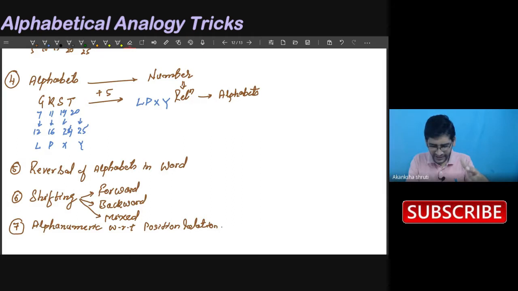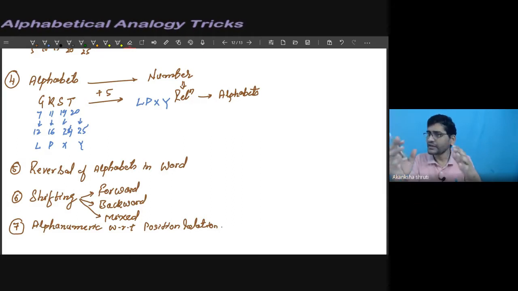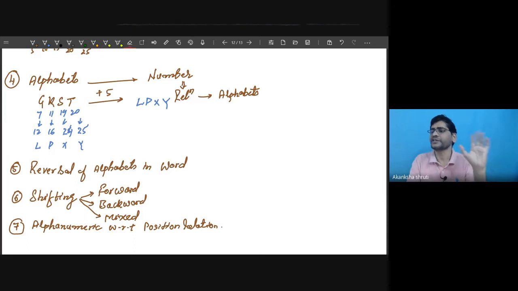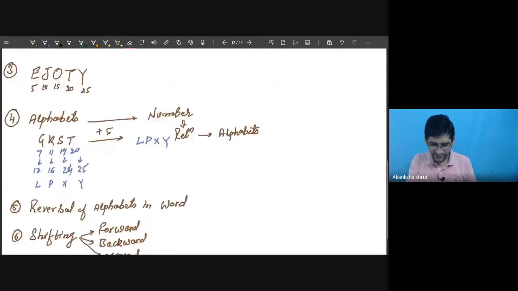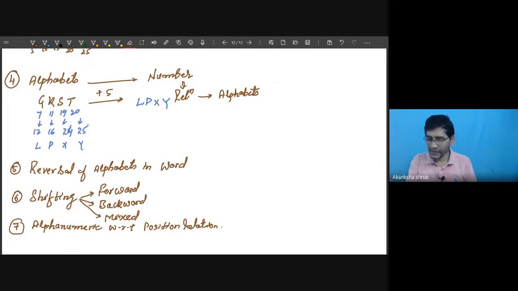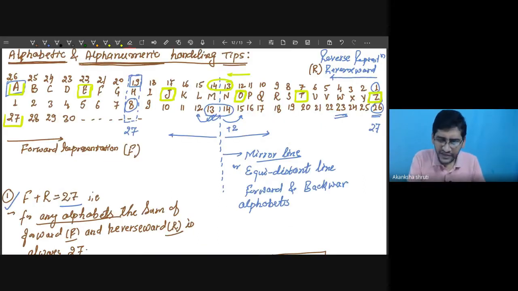Then for understanding or tackling the alphanumeric, the numbers are always related to their position. Either their position is written directly, or the position is added with or subtracted by some constant number, meaning a shifting of position is written, or all the positions of the given alphabets are added together and written as a single number. So these are the key things that we need to keep in mind for tackling any kind of alphabetic and alphanumeric analogy and series. So students, let us start with the questions.